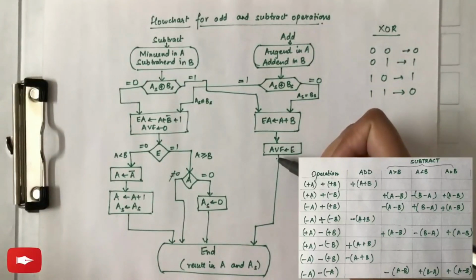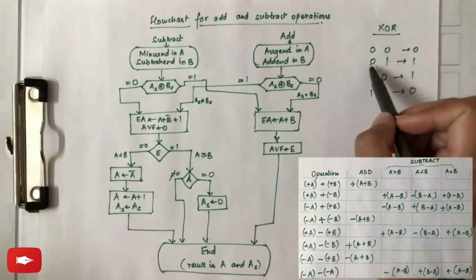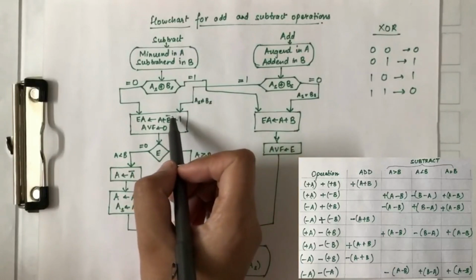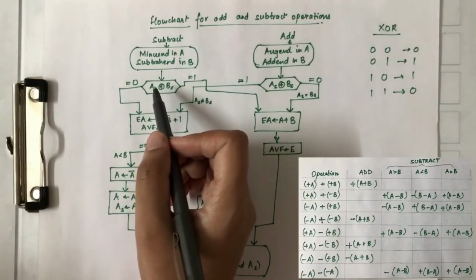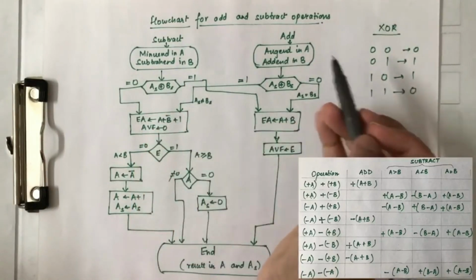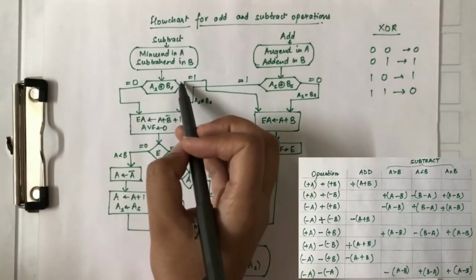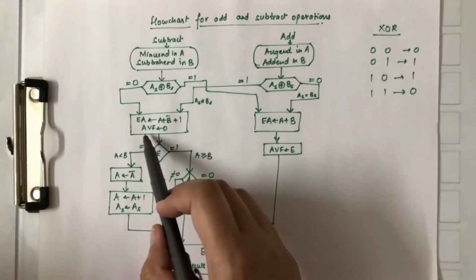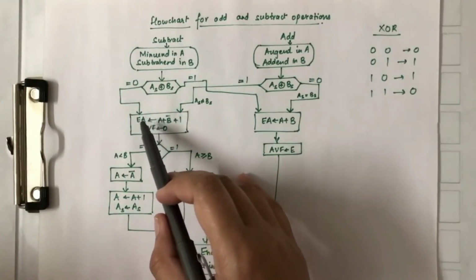In the second and the third case, where the sign of the two numbers was different, subtraction was performed. So in these two cases where the sign bit is different, the XOR gate results in 1 and it goes to the subtraction part. Similarly, for the subtraction part, if you remember, when the signs were same, subtraction was performed. So in this case, 0 means signs are same and subtraction is being performed, whereas in the other case, addition is being done. Coming to the subtraction part, we are adding the 2's complement of B to A, and the result is stored in EA.